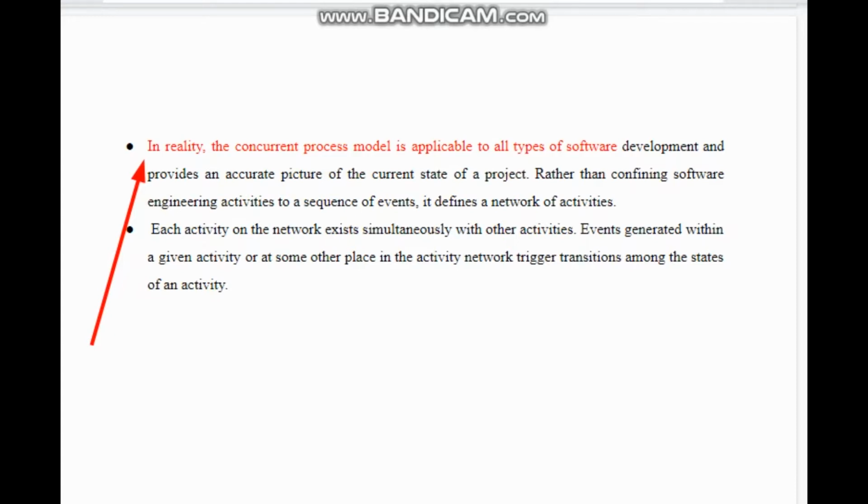All the activities of your project are divided into certain states, and each of your project activities has to undergo all the states. Once it is reviewed and that activity is finalized, then only we go to another activity in the module. This process is carried out for all the activities that exist in your software or in your module.